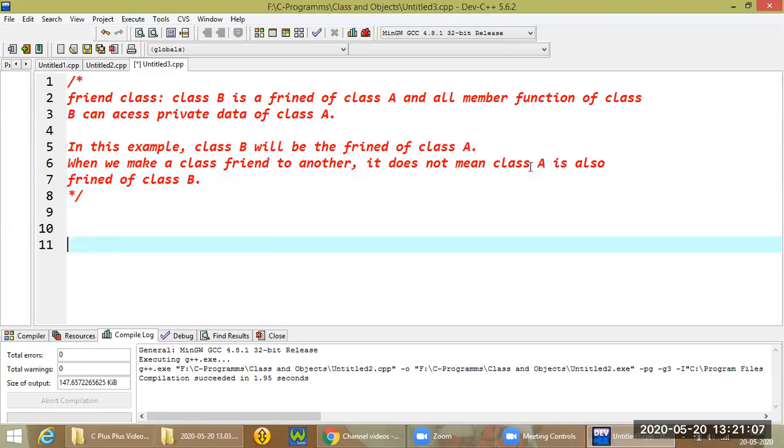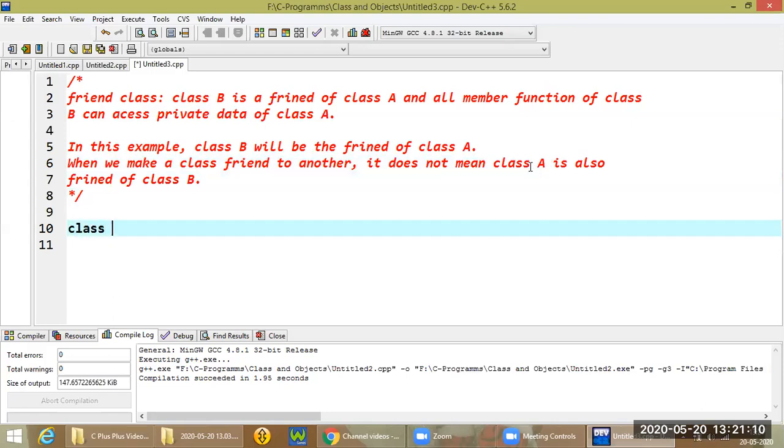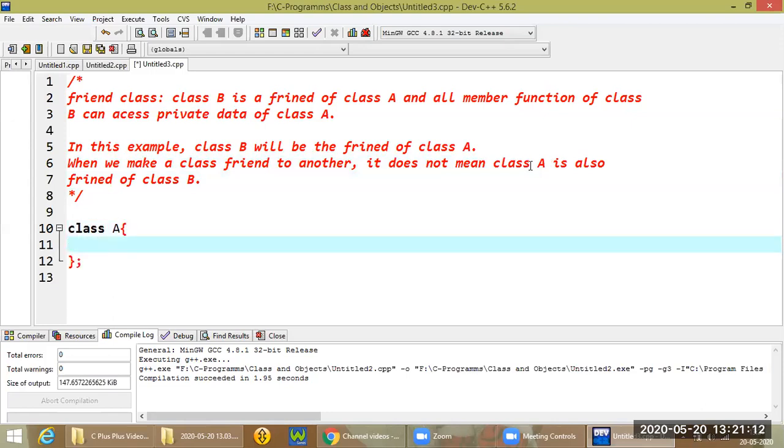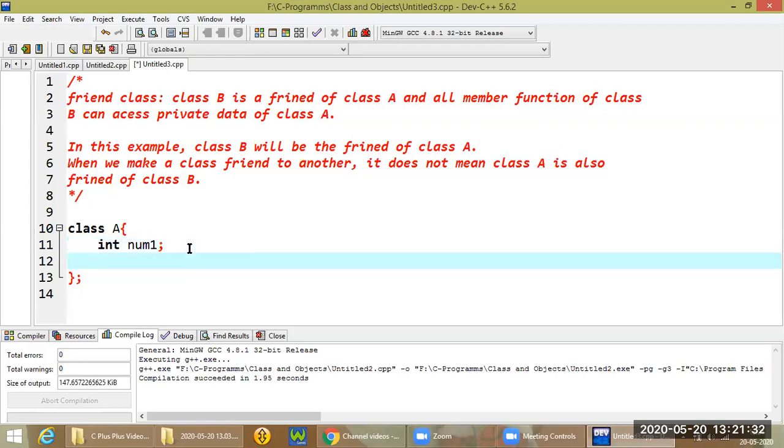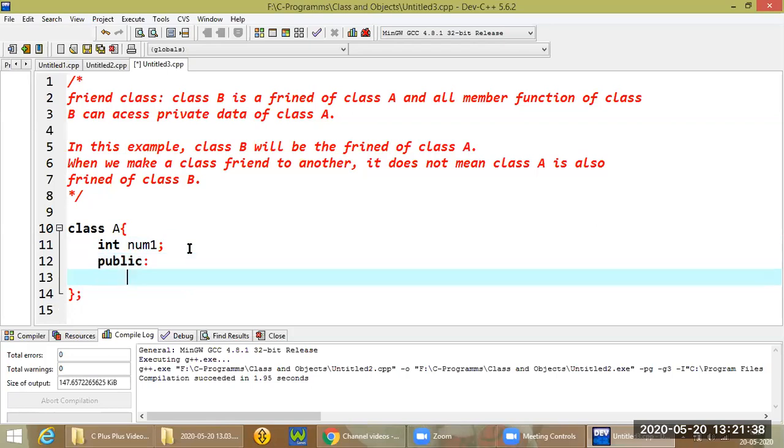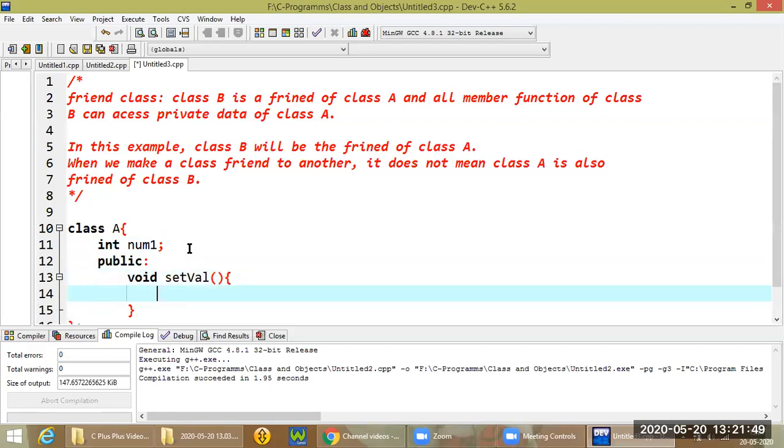So let's start the demonstration here. Here there's a class A. Let's have some private data member, num1. Let's make a member function to set the value of the private data member of class A. So void setVal is the function, and we are going to take an input.